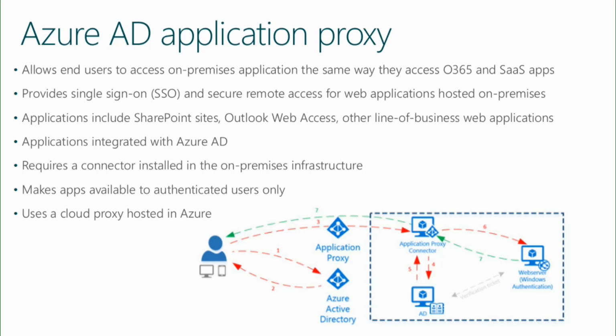So in the example, a little workflow that we've got here on the slide, a user logs onto Azure AD and gets authenticated. That authentication request is then sent through the application proxy to validate that user in Windows Server Active Directory in the data center. Once they're validated, it allows the user to access the web app, and the application proxy acts as a proxy for that connection. So only users that are approved within Azure AD will be allowed through the proxy and therefore enabled to access that application.